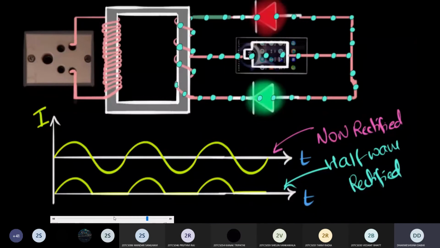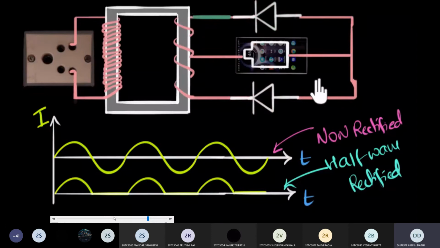Well, let's pause this animation for a while. So we just saw that the charges are only flowing through this phone in one and only one direction. And if we call that direction positive, then you will get positive current. And you will again get positive current. Regardless of what is going on over here, it doesn't matter whether it's flowing anti-clockwise or clockwise, the current through the phone is always going to be in one single direction.